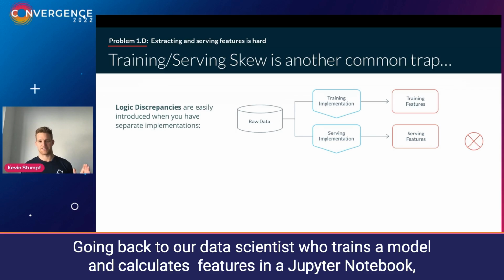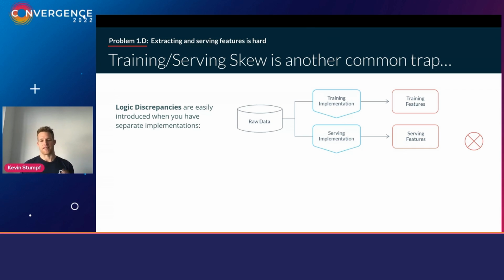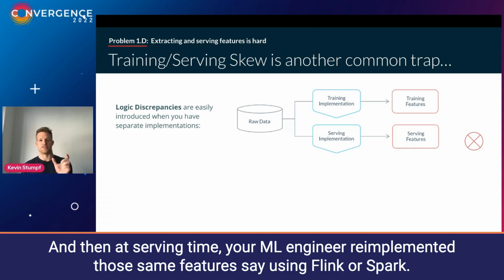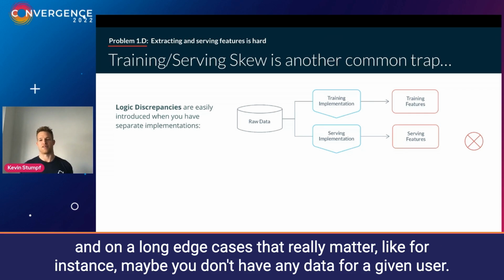Going back to our data scientist who trains a model and calculates features in a Jupyter Notebook, they may do their feature engineering using pandas in Python. And then at serving time, your ML engineer re-implemented those same features, say using Flink or Spark. Now, it's two separate implementations. And there is an almost endless number of ways in how those two can differ, typically along edge cases